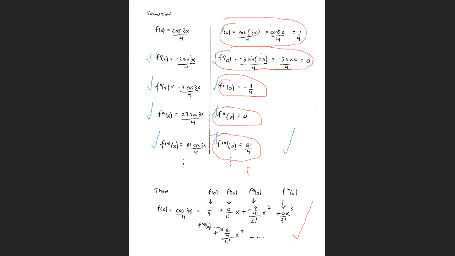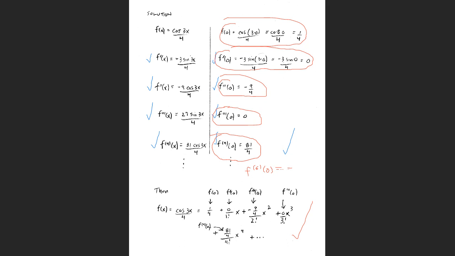I can tell you that the sixth derivative of this function evaluated at 0, and you can do this yourself, you'd have to take the fifth derivative before you get to the sixth derivative, but you could show that the sixth derivative of this function evaluated at a equals 0 is going to equal